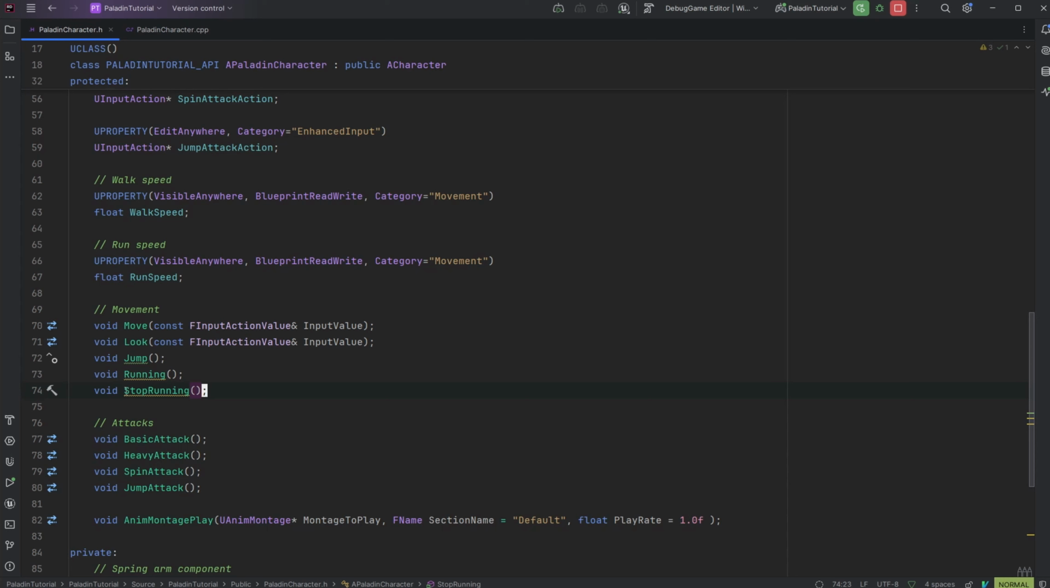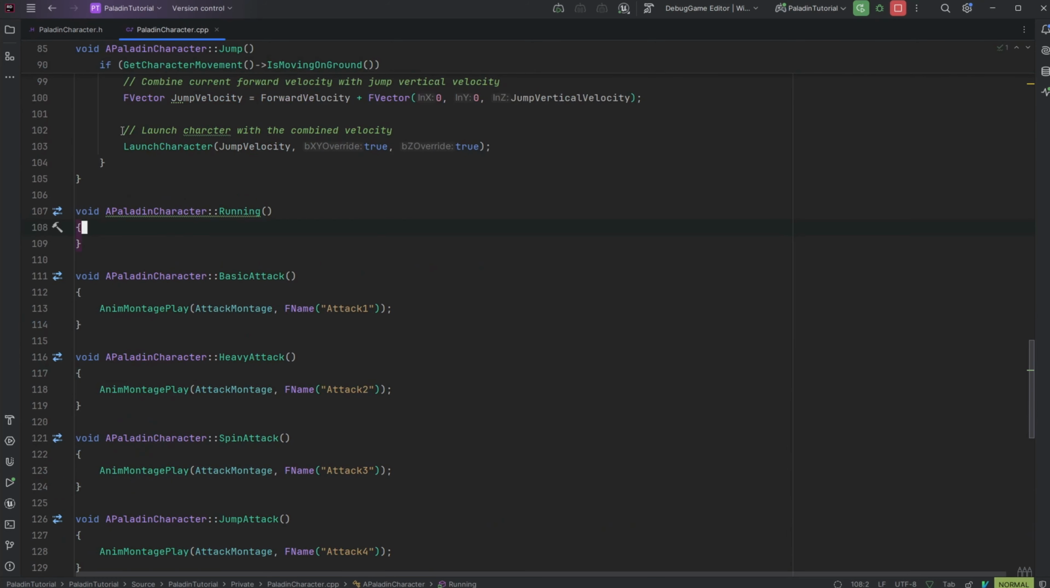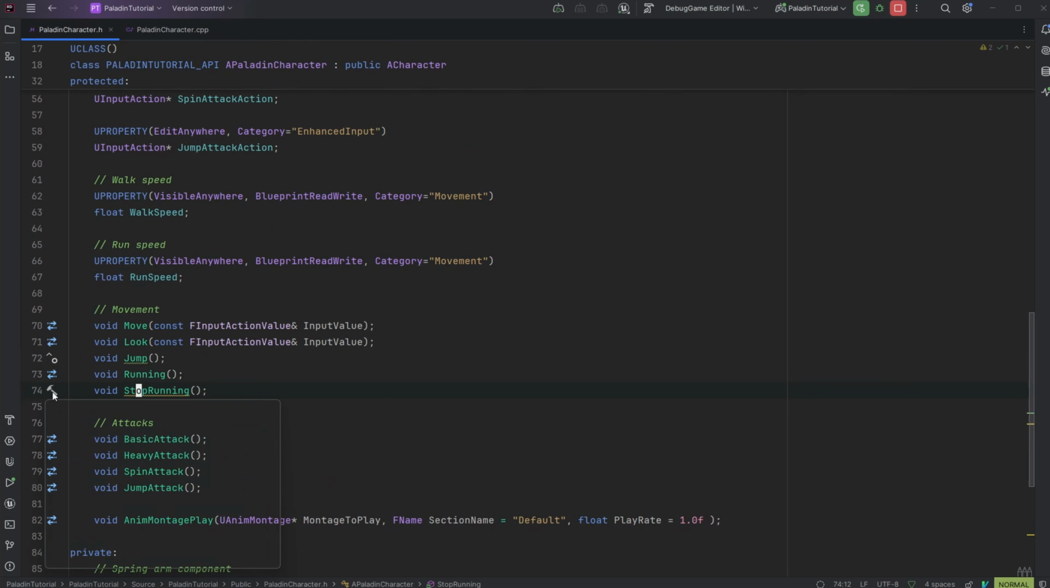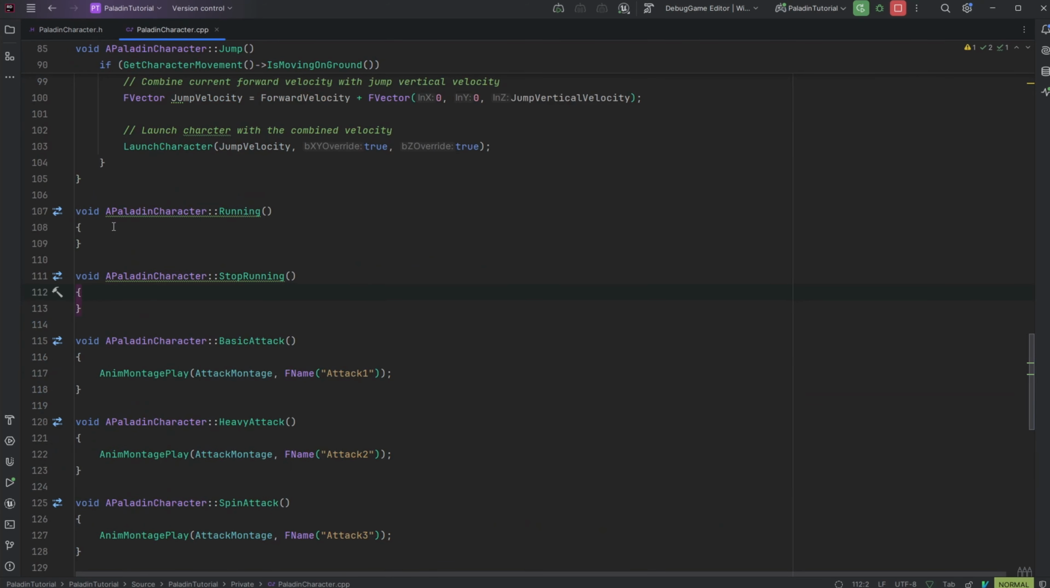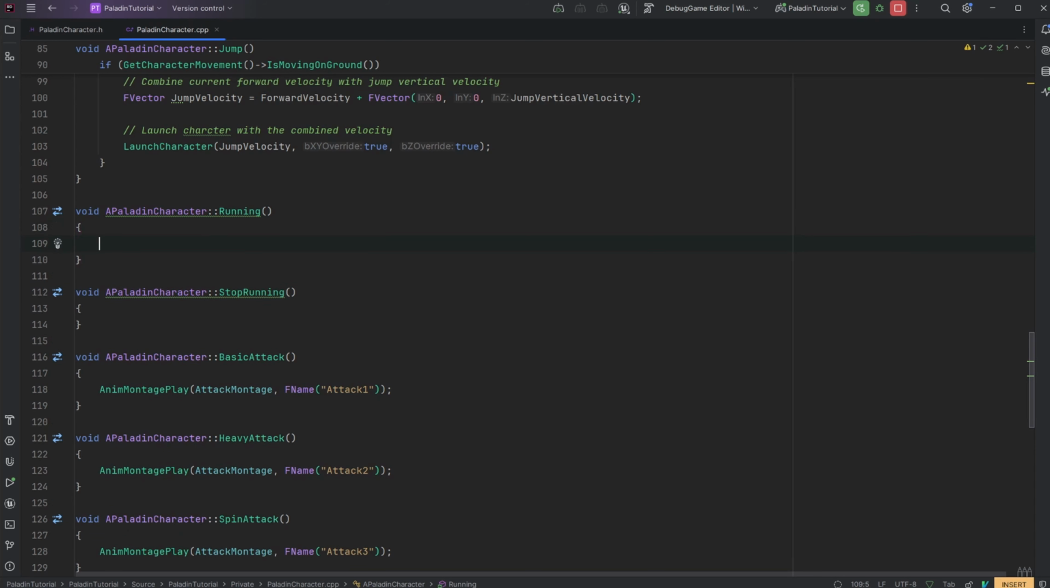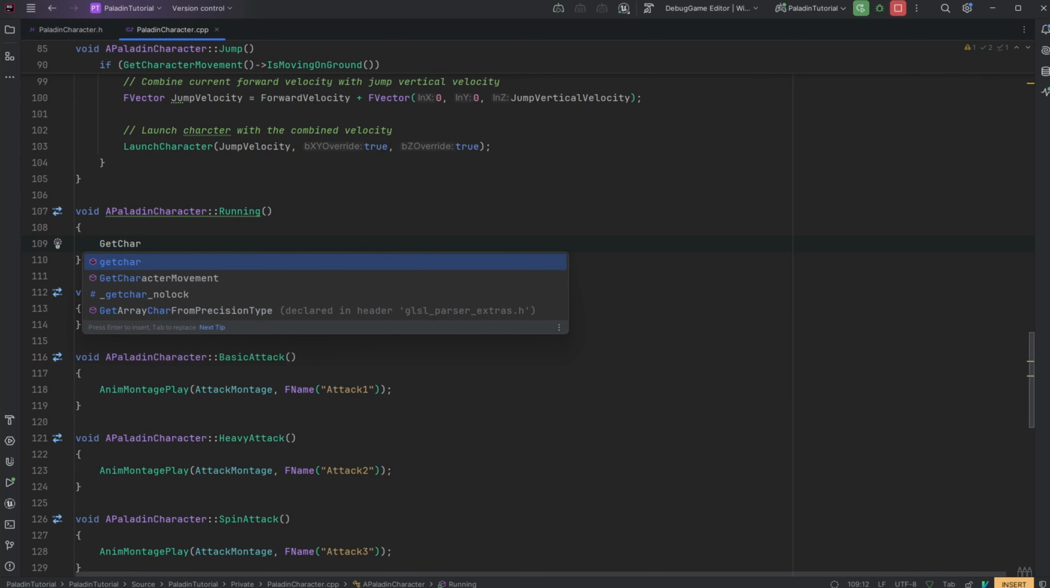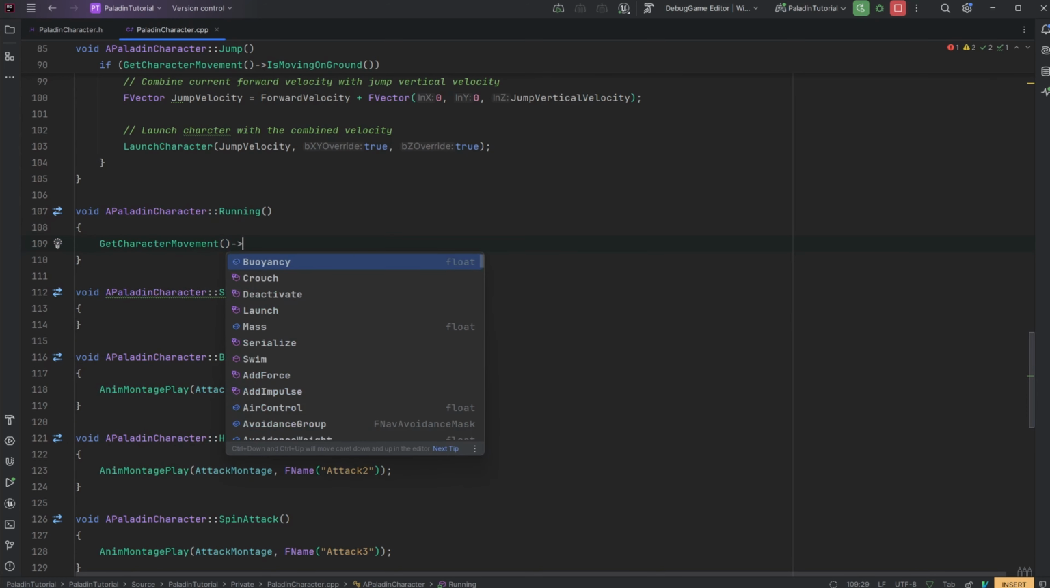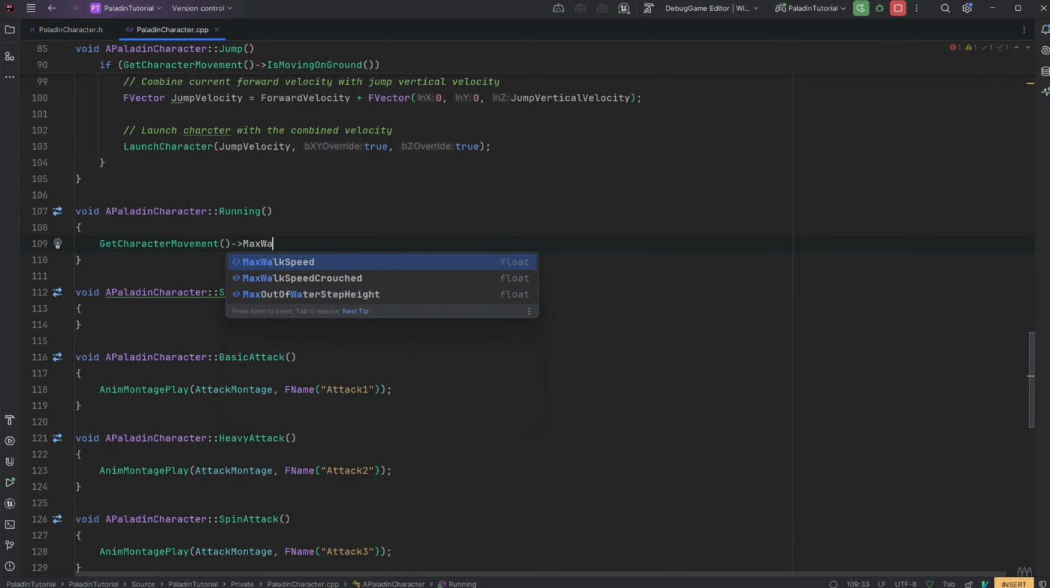And these are going to be called in the input action. When we set up the input action, these two functions are going to be called. So let's go ahead and generate definition for that, and we'll do the same for here. So the running and the stop running, if you remember, it was in the character movement. So what we can do is a get character movement, and we can do the max walk